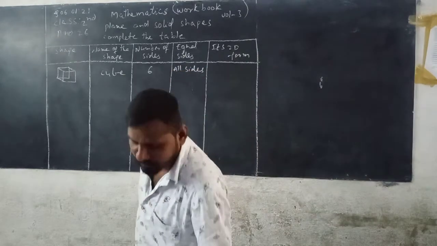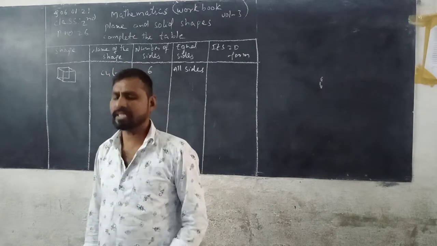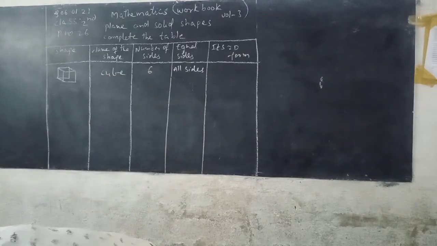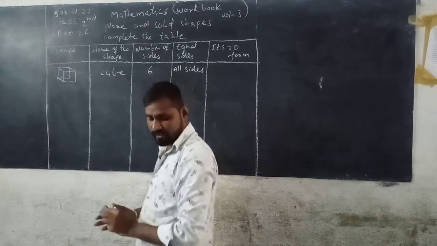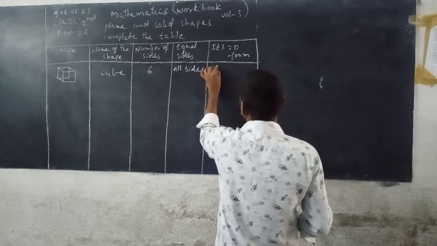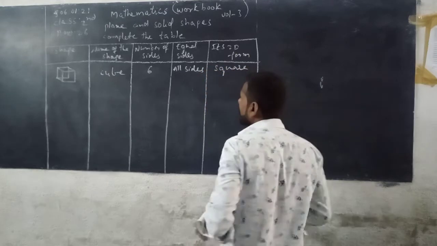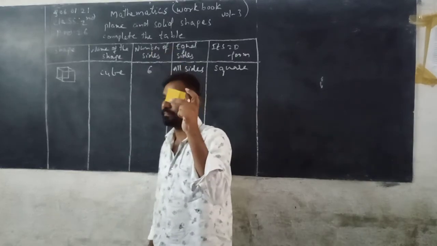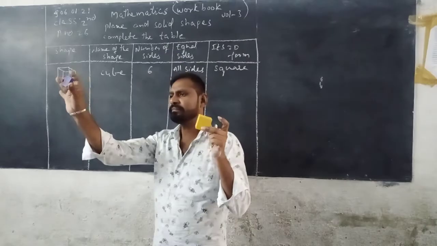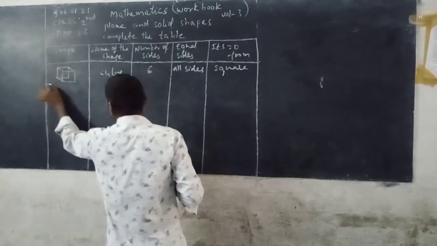See, this is cube, a 3D shape. So the 3D shape becomes a 2D shape. 2D shape means this is square. Then you can write here, square. It's a 2D form, square. Did you understand? This is 3D form, means cube. Cube, 2D form, square. Now next one.